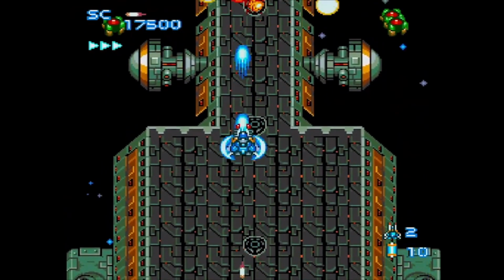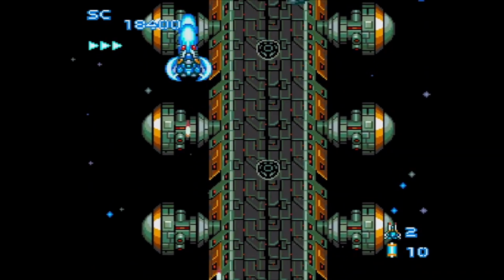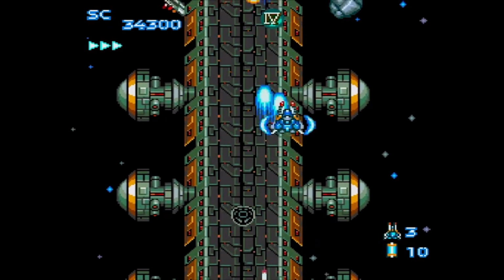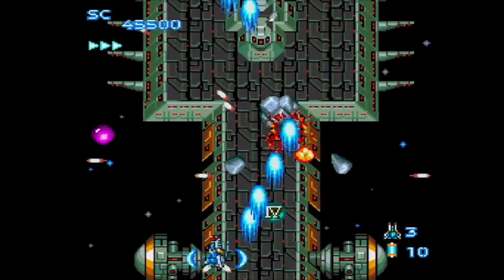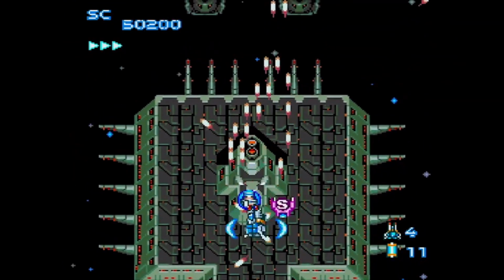But this is an amazing game. If you've already played it as Blazing Lasers, you already know how awesome it is. I believe this was actually developed by Compile and published by Hudson Soft. And if you know anything about Compile, you know their shooters are awesome. They made all those really great Aleste shooters. So if you like stuff like Musha